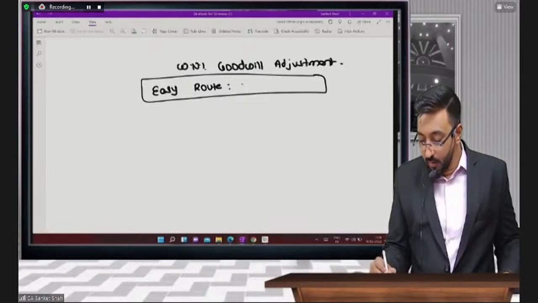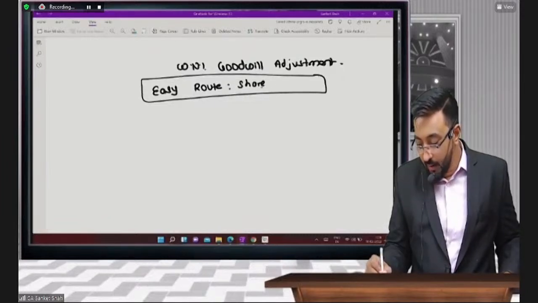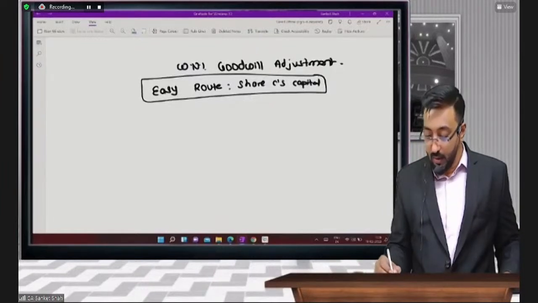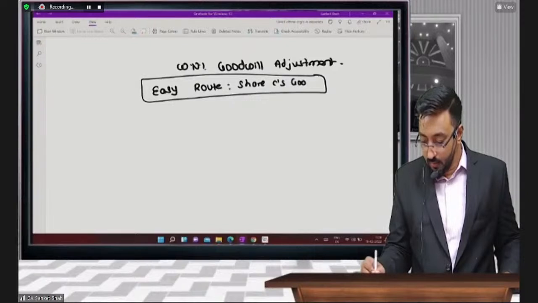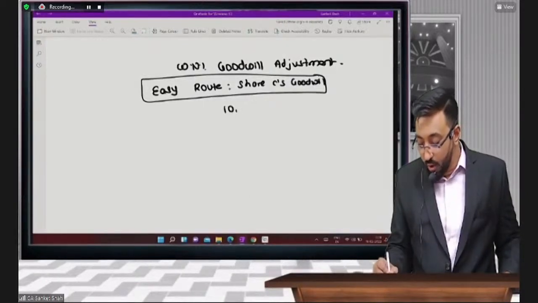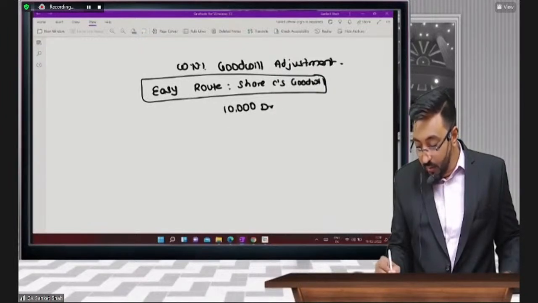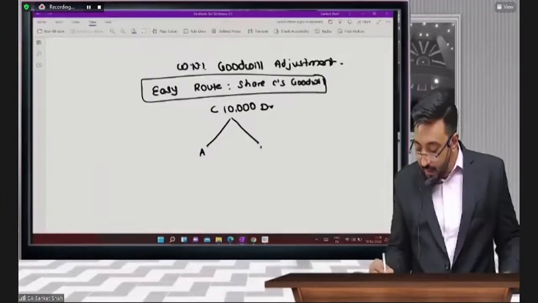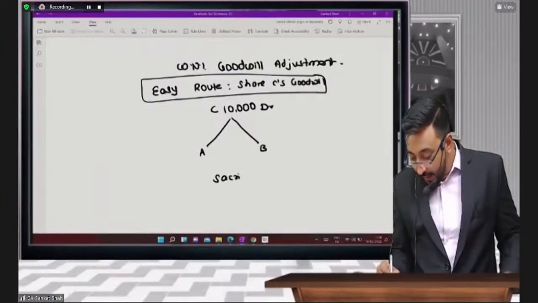Easy route, share C's capital is the easy route. Okay, C's Goodwill. So no need to calculate total goodwill. 10,000 will be debited to C, and A and B in which ratio? Sacrificing